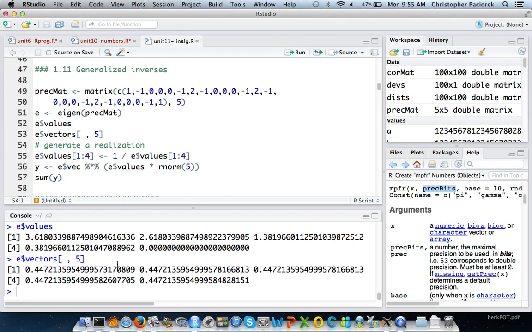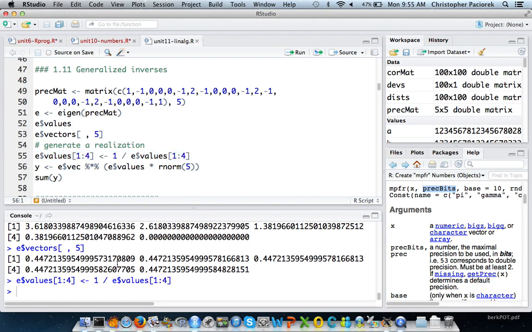And what I'm going to do when I do the pseudo inverse is set the variance of that equal to 0, and include no variation for the constant vector. So I could, for example, come up with the pseudo inverse by taking those original eigenvalues, inverting them, except leaving out this fifth one, which if I inverted it would go from being a 0 to being infinity. So if I do that, I can now generate